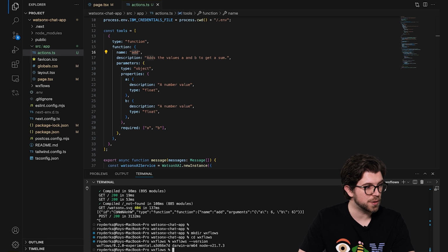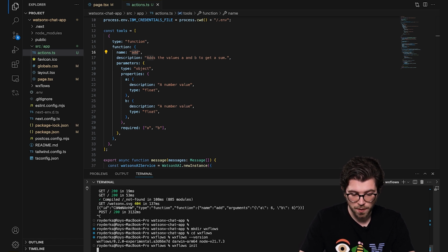And then I can use it to import a tool. For example, I can import a Wolfram Alpha tool, which is used to create mathematical calculations. Let me also create a project configuration, which I can do by running WXFlows init. And then it's going to ask me for a project name. And I can call this API/WatsonX Chat app. So the name of my endpoint or project will be the same as the project I created in here. So this will make things easier for me in the future when I create multiple tool endpoints.